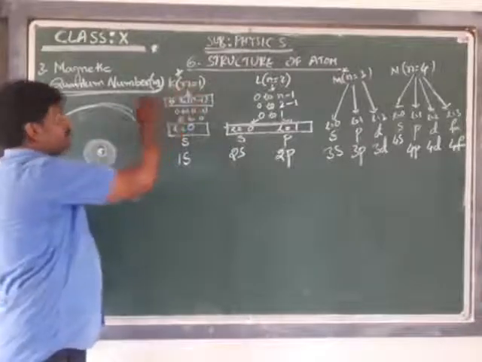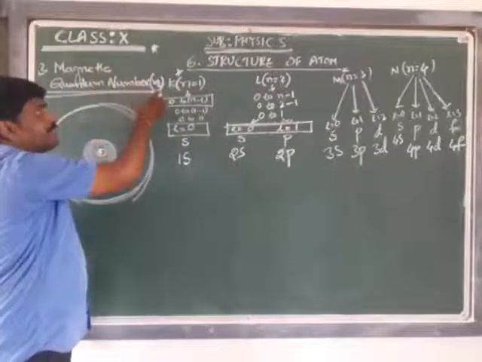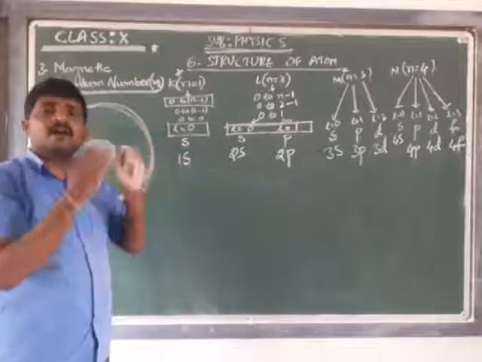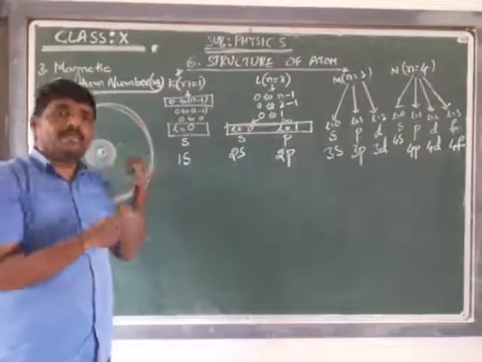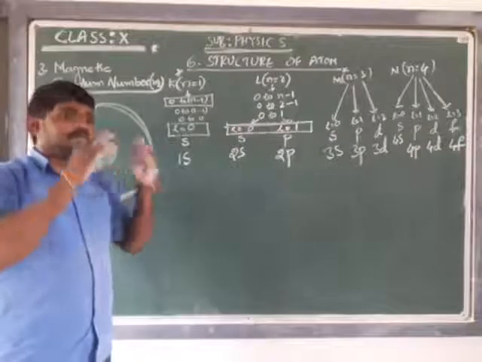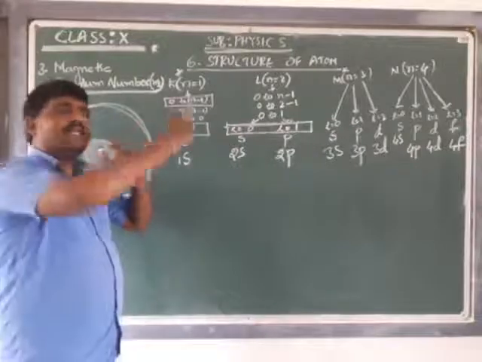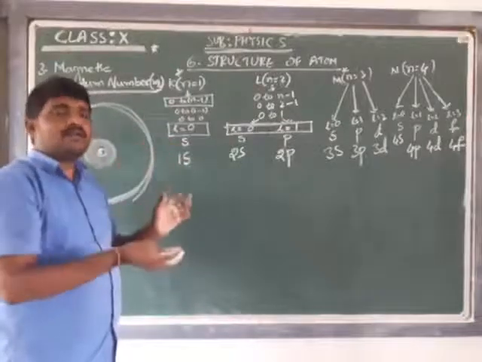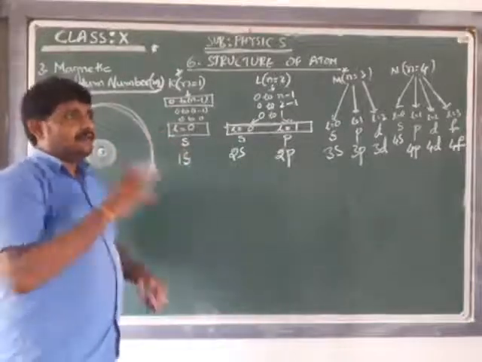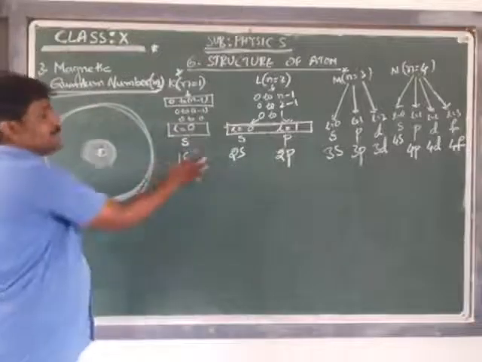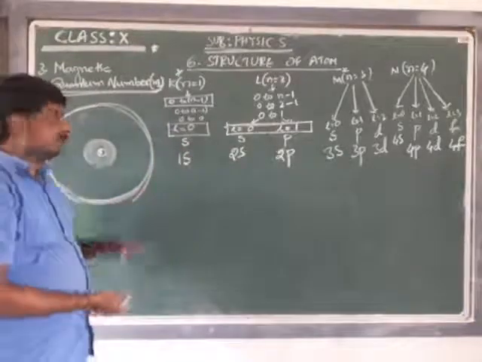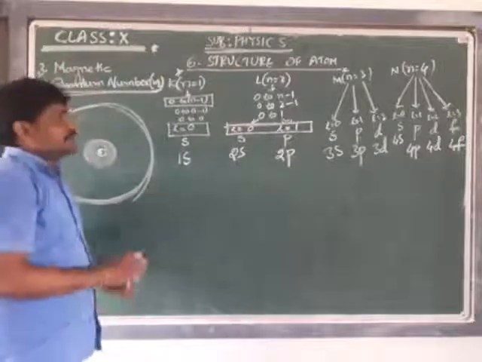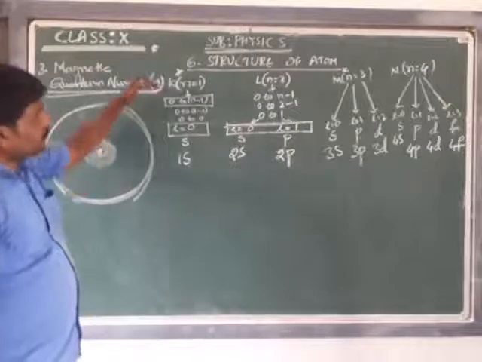I have the K shell. The magnetic quantum number gives the information about how the subshells are arranged, how the subshell is occupying the space in the atom, or how the subshell is going to be oriented. Oriented is nothing but how it is arranged, how it is going to occupy, how it is going to look, how it is being represented. This is the main concept of the magnetic quantum number. Very important session. Listen carefully.